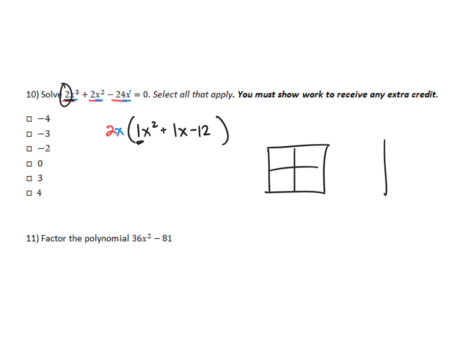I'm going to do my T. My first box has an x squared. My last one has a negative 12. My T has a negative 12. All right, factors of negative 12 include